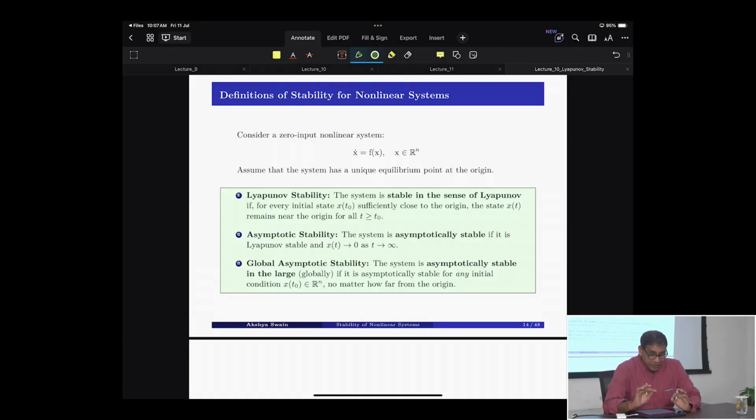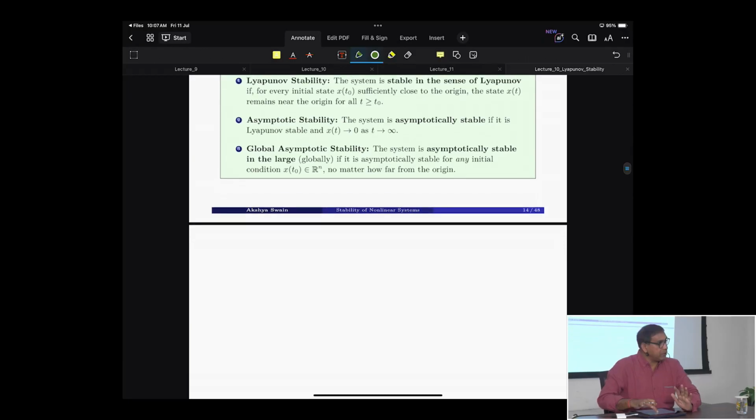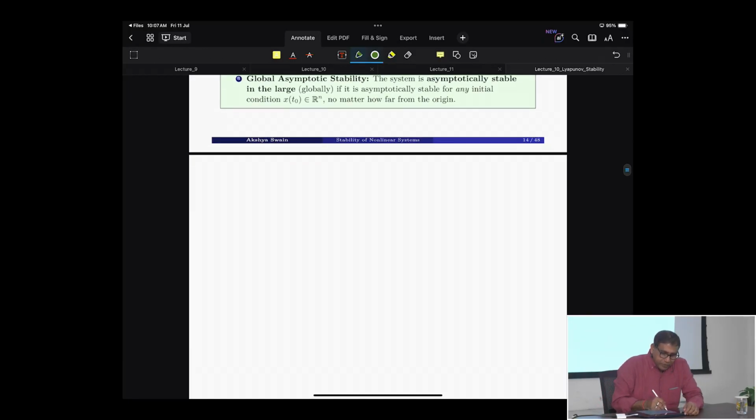Assume that the system has a unique equilibrium point at the origin. This is the assumption, right? But the system doesn't have a unique equilibrium point. The system has multiple equilibrium points, right? So the first thing I'll tell you, step number one, again repeating the point: while teaching the students, don't tell all these things because they will be confused. Step number one,